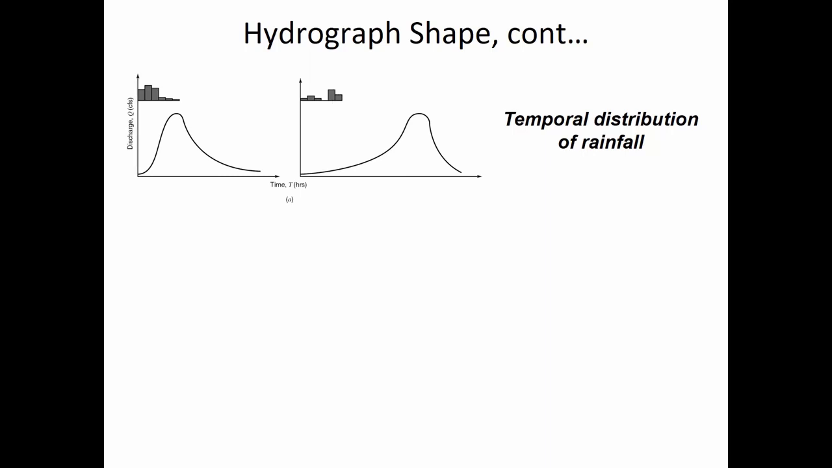And so what you can see is that the stream response is directly related to the rainfall. When the rainfall is front-loaded, the peak comes early. When the rainfall is later, then of course the peak comes later as well. So